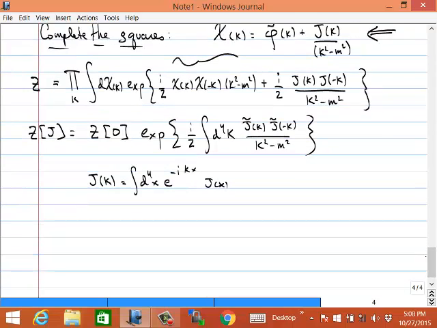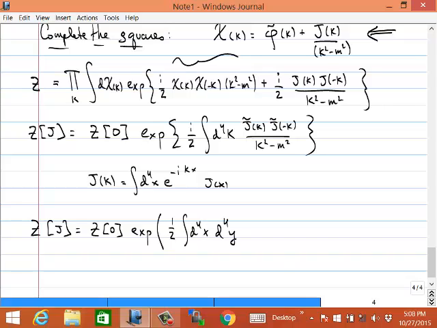And what will you get? Well, z of j is then just some constant times the exponential of 1/2 integral d4x integral d4y of j of x times j of y